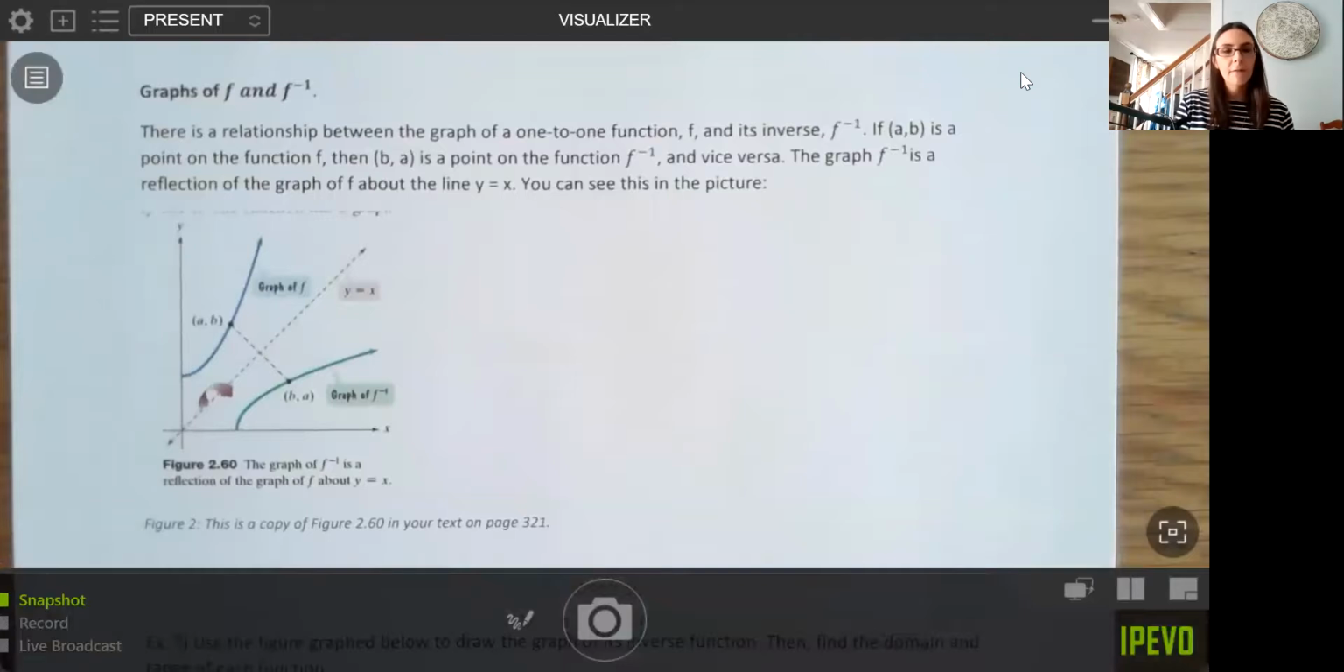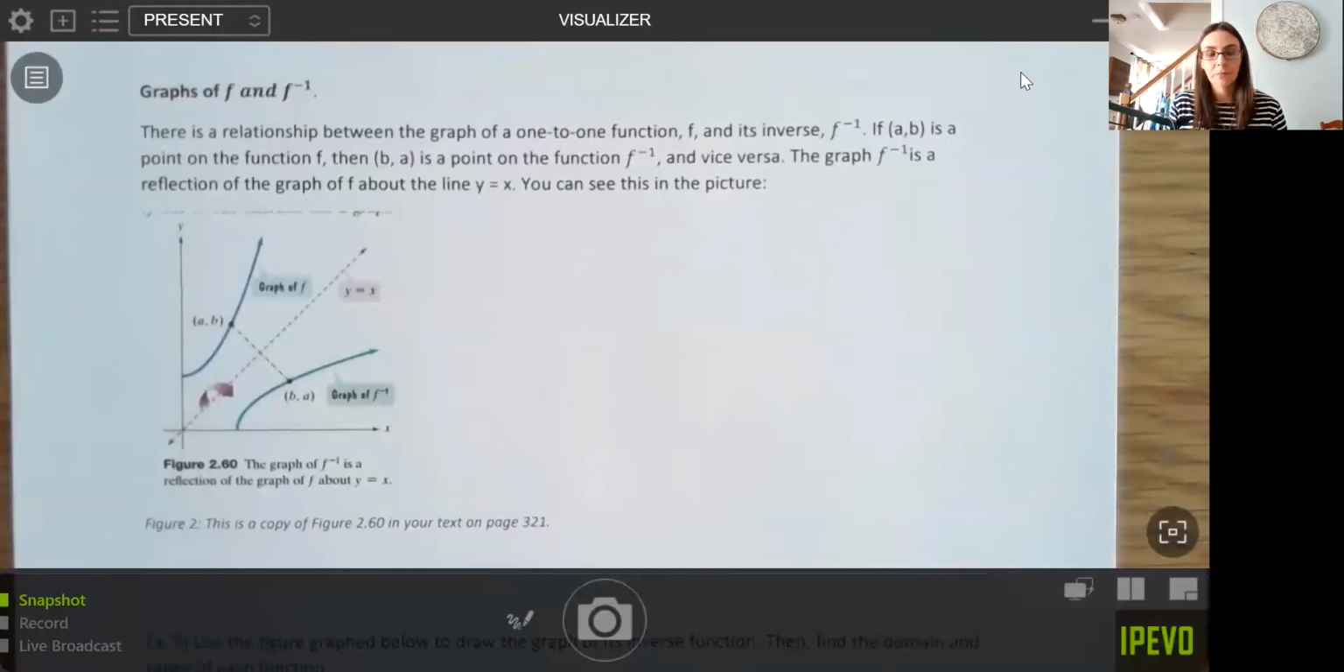So I mentioned this a little bit in the first video, but I want to come back, like I said I would, to more about inverses and their graphs and how they relate to those original functions. There is a really nice relationship between a graph of a function and its inverse. And again, these would both be one-to-one, because if you have an inverse, you would have passed both vertical and horizontal line tests. So if (a, b) is a point on the first function, then (b, a) is a point on the